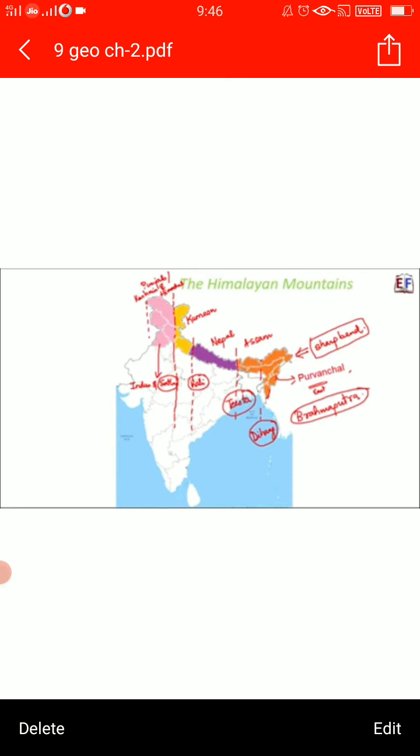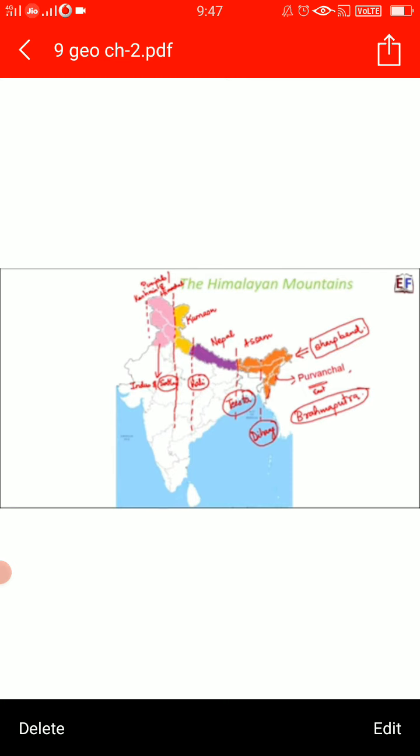And after that, from Kali river to Teesta river, the purple part, you can see the colors also. Pink one is the Punjab Himalayas, yellow one is the Kumaon Himalayas, then the purple part, which is between the Kali and Teesta rivers, they are the Nepal Himalayas. Fine. And children, the part lying between the Teesta and the Dihang rivers, that is your Assam Himalayas. Fine. Now, there are regional names also in these broad categories. Fine, many regional names are also there.